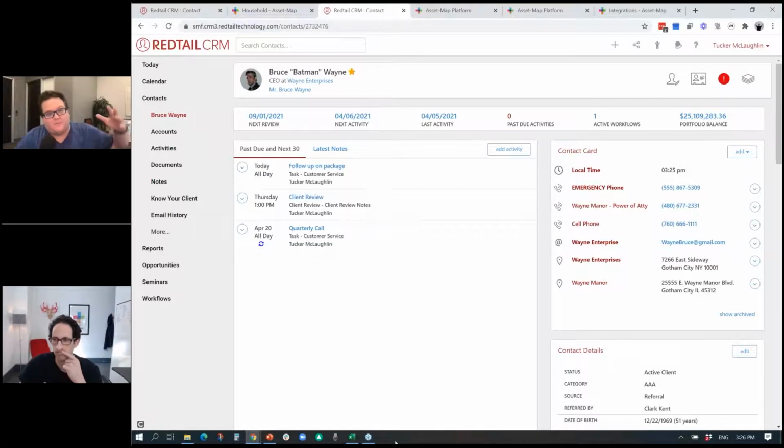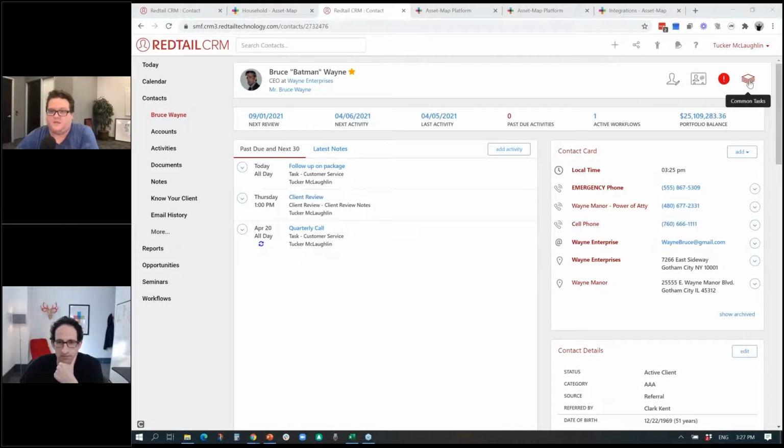That I'm going to weave into one of the first questions we got from the Redtail perspective: how do you connect a non-dependent child to the family in Redtail? The answer is you're not supposed to. The family in Redtail is designed to be spouses and dependents only. You can list different types of dependents, like child, grandchild, other. But in Asset-Map, they're always going to be listed as dependent because the family definition in Redtail is the tax